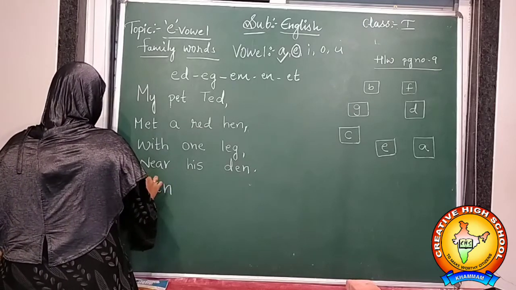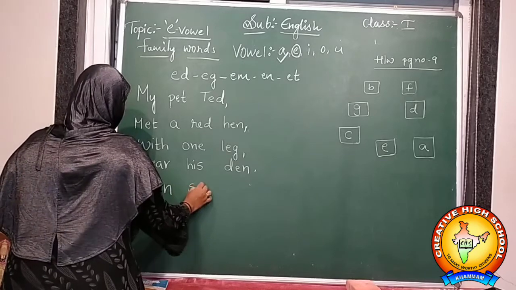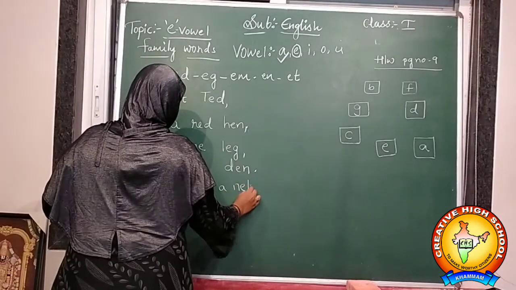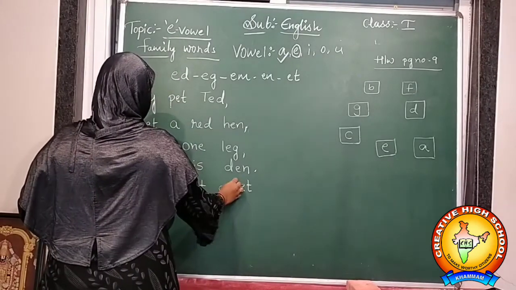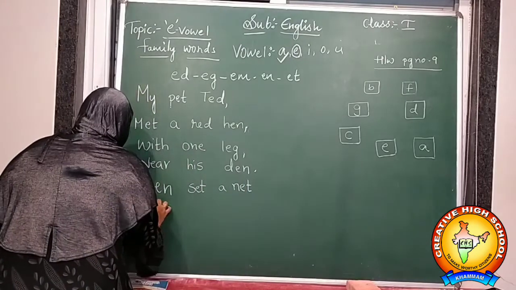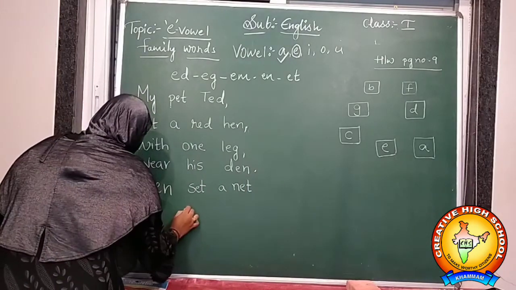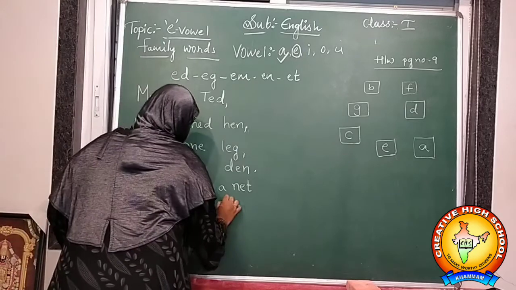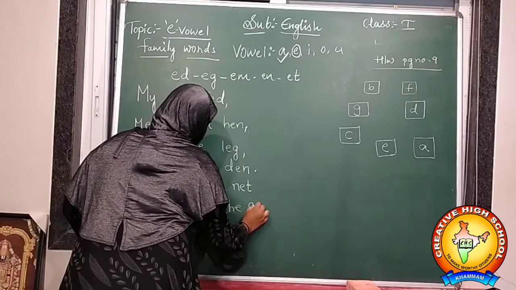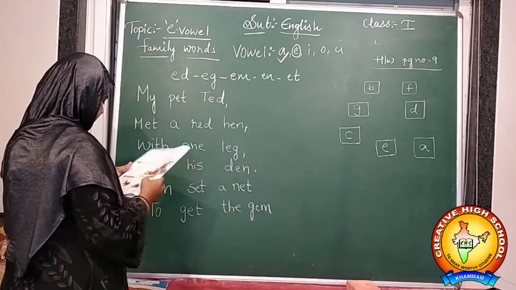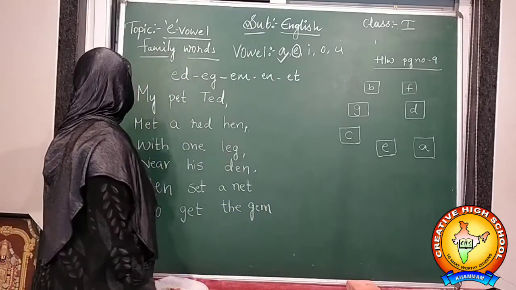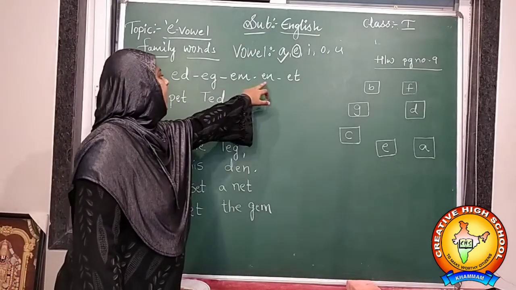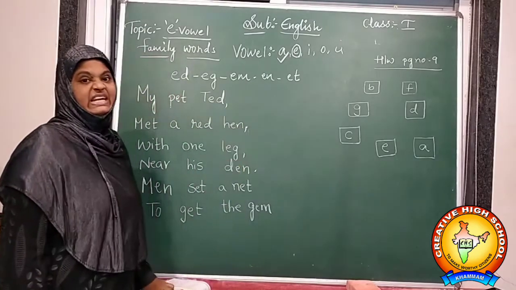While I am writing on the board, please take out your textbook. You have to see what I am writing, whether I am writing correctly or not. You have to check it. Right? Why? Because you will also know what I am writing. While I am reading and writing, you also will get what I am writing. Get, the, gem. Okay. So in E letter words, ET, EM, EN.